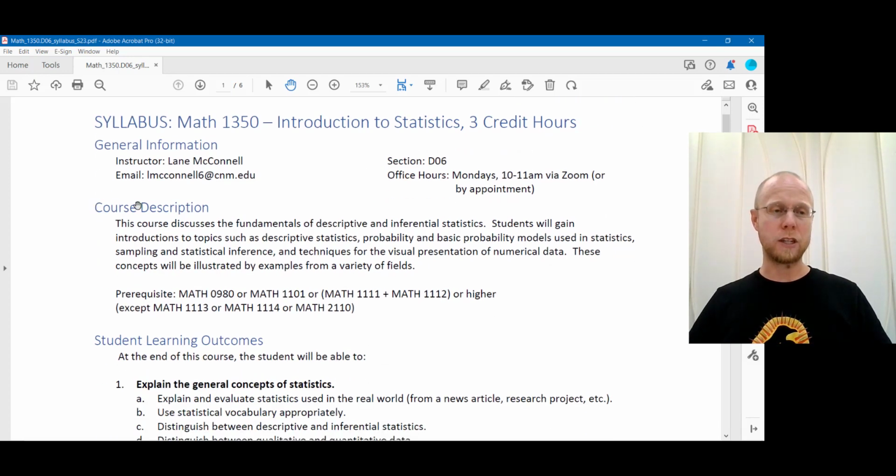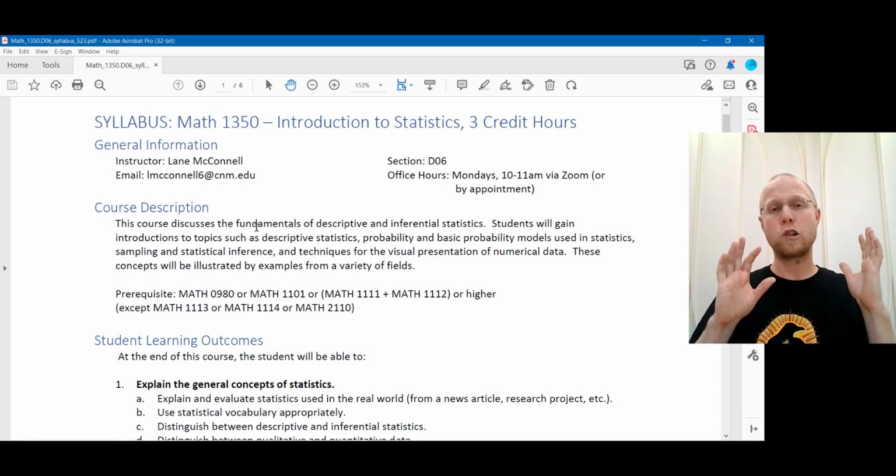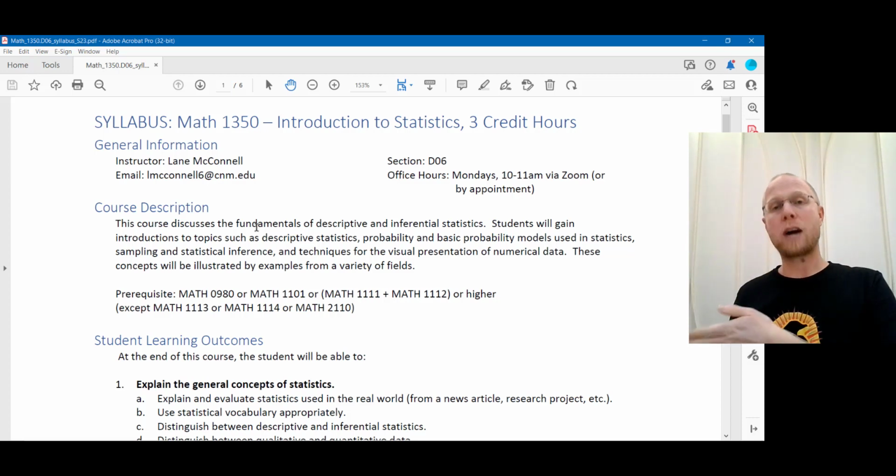The first thing that it gives us is a brief description of the course. And it uses a bit of statistical jargon in here, some technical terms. The main thing that I want you to take away as far as the overview of this course, and this is going to be something that I will hopefully try to reinforce time and time again throughout the semester, is the idea that statistics really has kind of two components. The first component, what I usually refer to as statistics, is backwards looking. And what I mean by that is